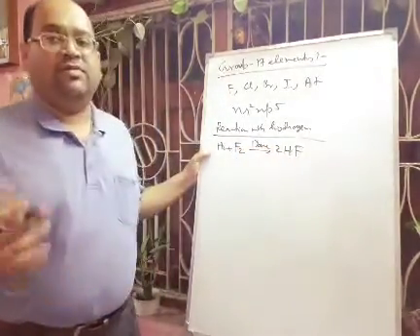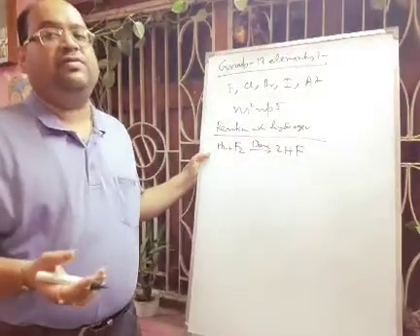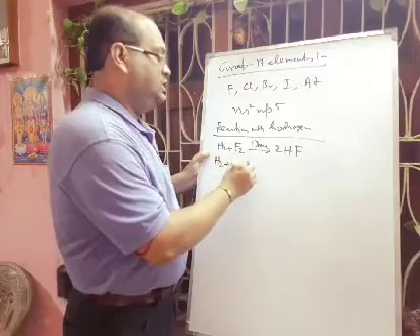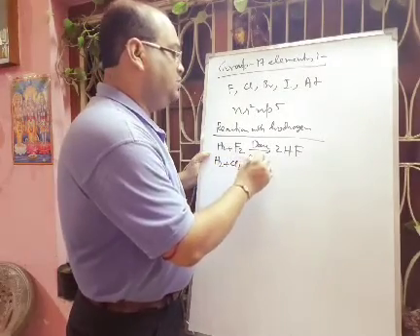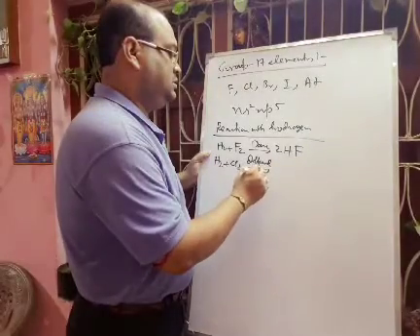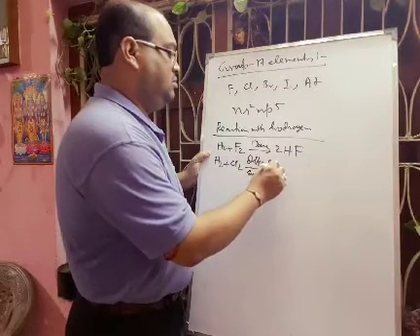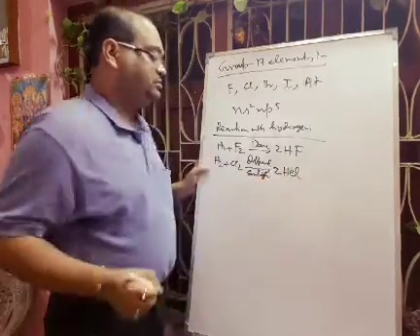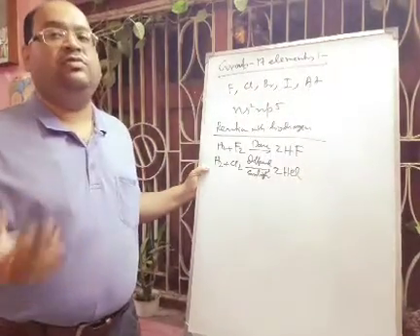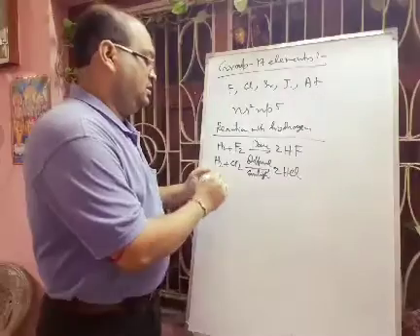But in case of chlorine, for hydrochloric acid formation, you need diffused sunlight. So H2 plus Cl2 is reacting in diffused sunlight, forming 2HCl. Next one, hydrogen will react with bromine, forming HBr